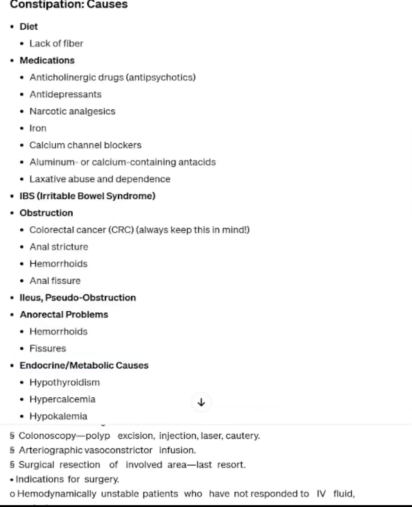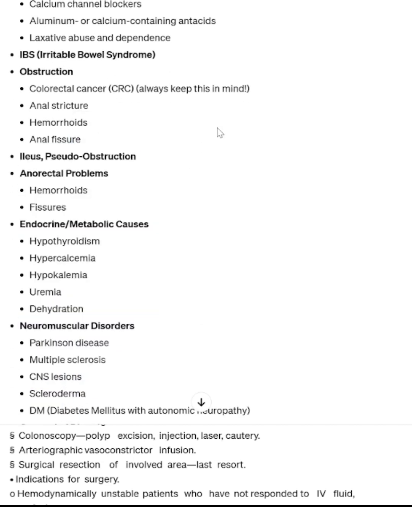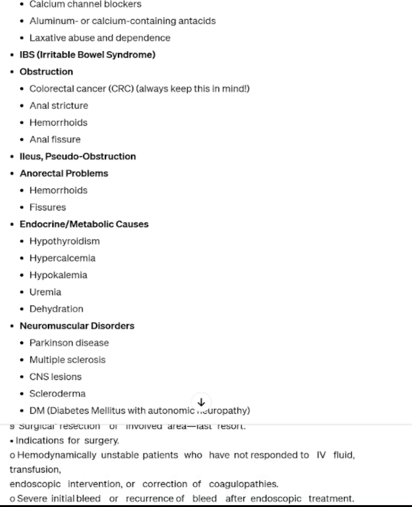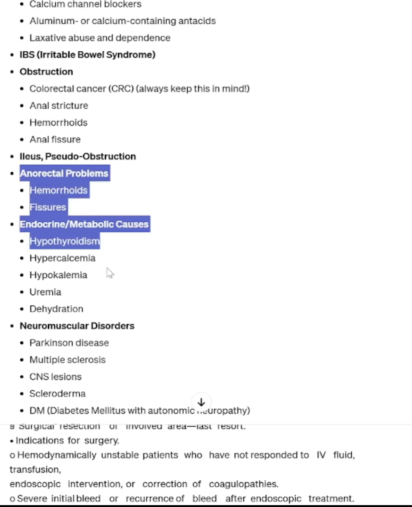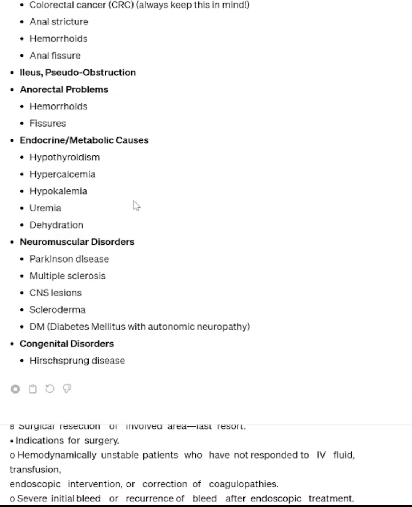Constipation, causes. Diet, lack of fiber. Medications: anticholinergic drugs, antipsychotics, antidepressants, narcotic analgesics, iron, calcium channel blockers, aluminum or calcium-containing antacids. Laxative abuse and dependence, IBS, irritable bowel syndrome. Obstruction: colorectal cancer, CRC, always keep this in mind, anal stricture, hemorrhoids, anal fissure, ileus, pseudo-obstruction. Anorectal problems: hemorrhoids, fissures. Endocrine and metabolic causes: hypothyroidism, hypercalcemia, hypokalemia, uremia, dehydration. Neuromuscular disorders,